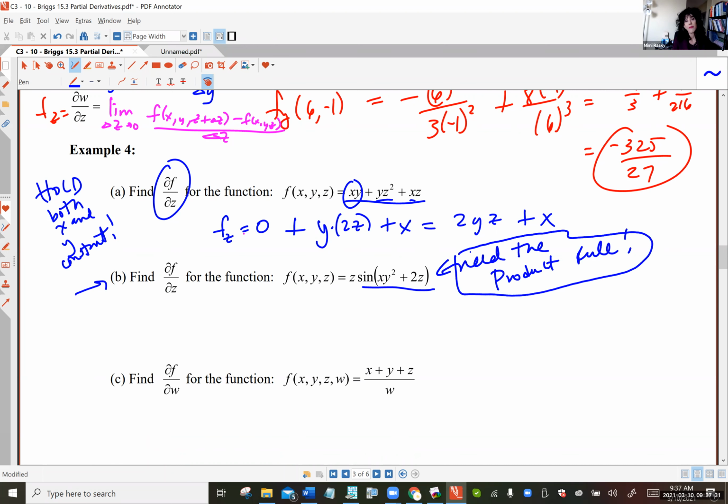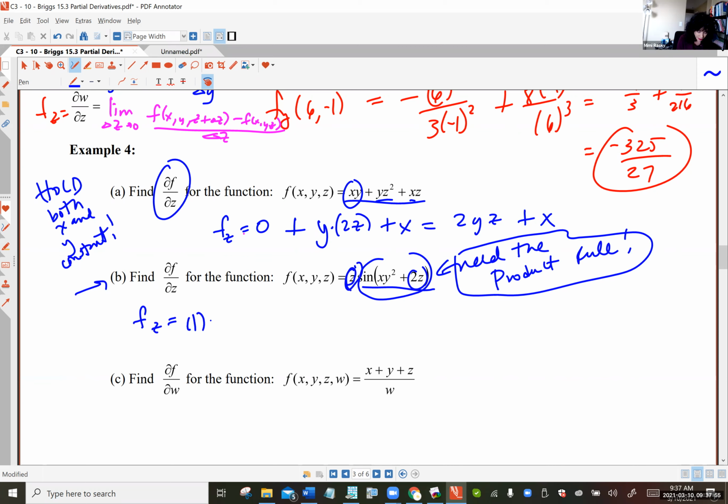You see why? Multiplication. Because you've got a z times this sine function that also has a z in it. So you definitely need the product rule while you're differentiating with respect to z. You're going to hold x's and y's constant still. And then you're going to go, okay, fz is the derivative of the first factor, z with respect to z